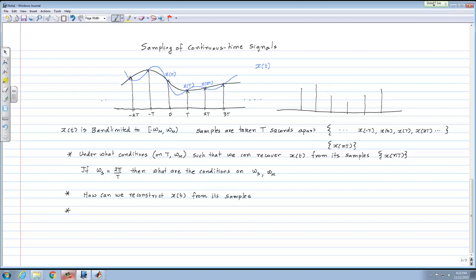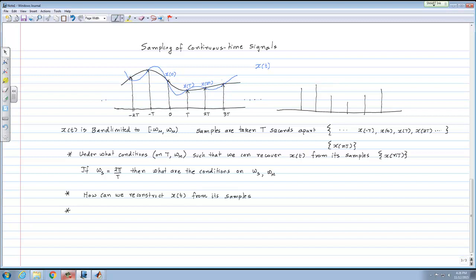It turns out, and this is one of my favorite things, that in the answers that all of you gave me, you never really use the prior information that x of t is band limited. Somehow that information has to come in. You have to exploit that information to be able to interpolate between these samples. And when you exploit that information, it turns out that the correct way to interpolate is to actually fit sinc functions. And we'll talk about that.